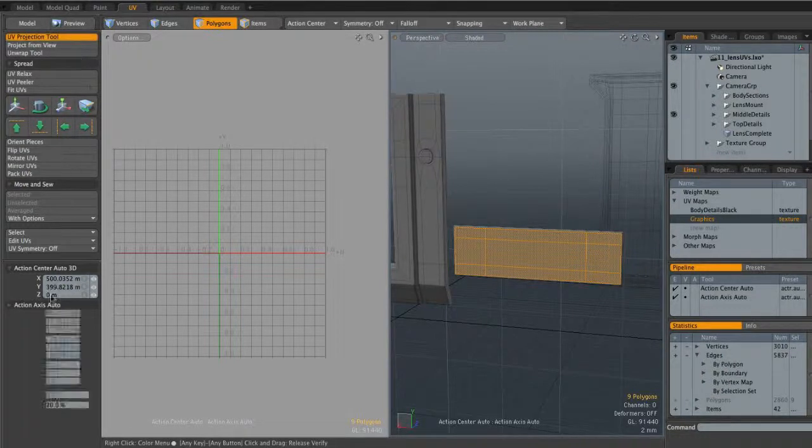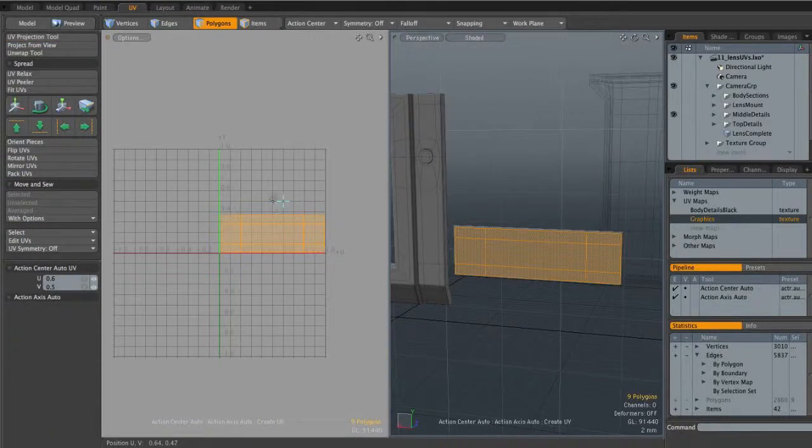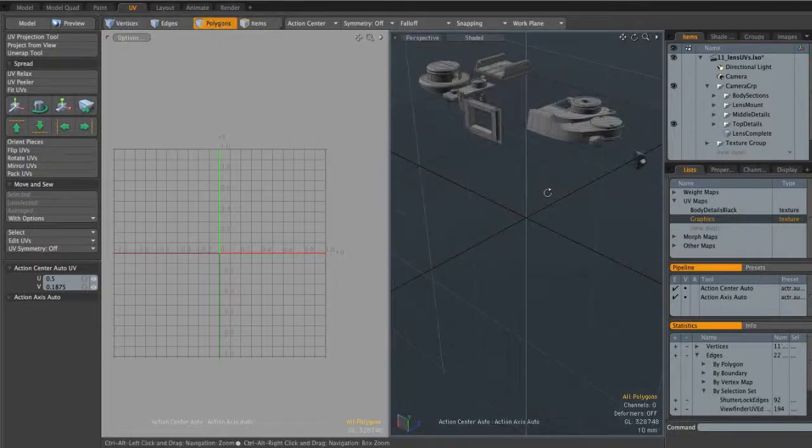So UV projection tool with a mode of Atlas, I'm just going to click once in the viewport. I'm going to hit space to drop the tool. And I'm just going to drag that down just to get it out of this one-to-one space. Then we can bring in the top details group and start looking at where all of the decals are on